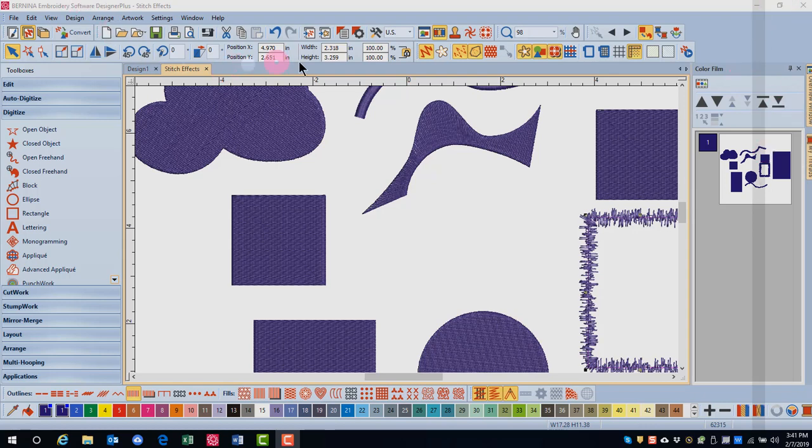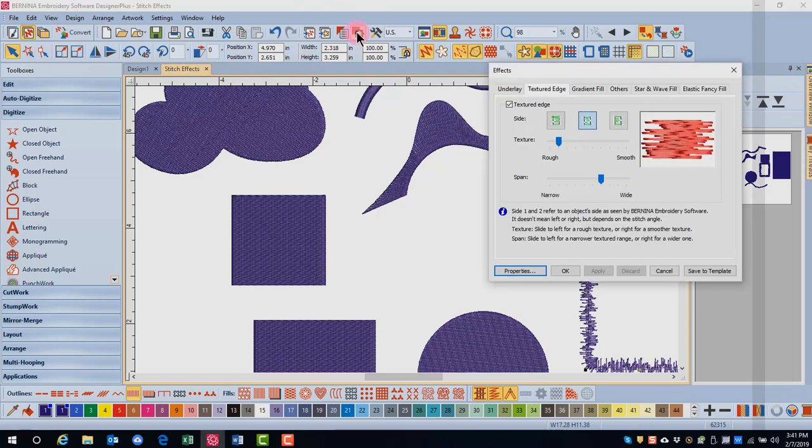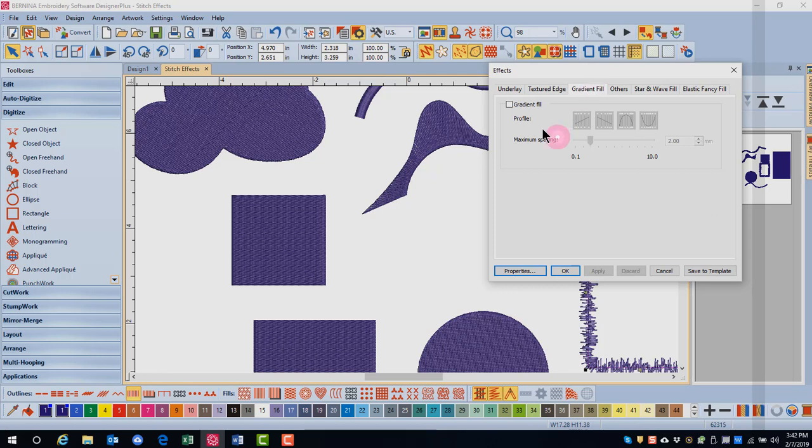Click on the effects icon in the general toolbar at the top of your screen to access the effects menu. Select the Gradient Fill tab and notice that the icons are grayed out. I have to select an object and place a check mark by Gradient Fill to have access to the different